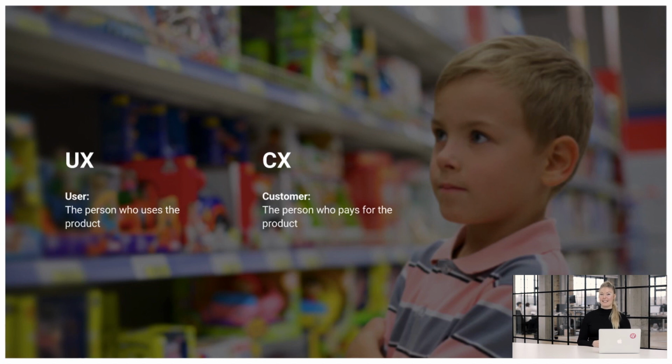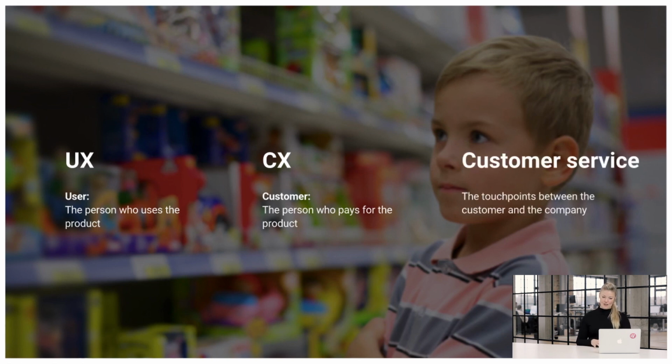So that means that both the user and the client or the customer doesn't necessarily need to be the same person. And when you're talking about user experience and customer experience, we have to consider both the user and the customer. Lucky for us in the mobile business, it's normally the same person, but it's not always like that. So when I'm talking today about customer experience and user experience, I'm talking about the same thing, but just remember that it might not be the same person that you're designing for.